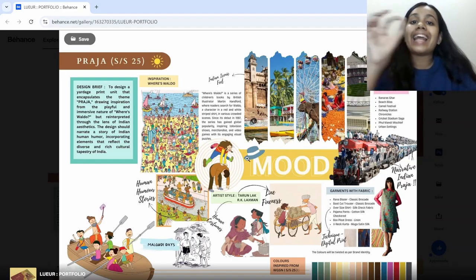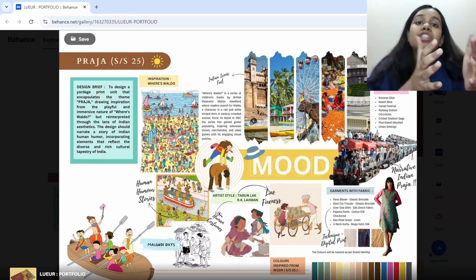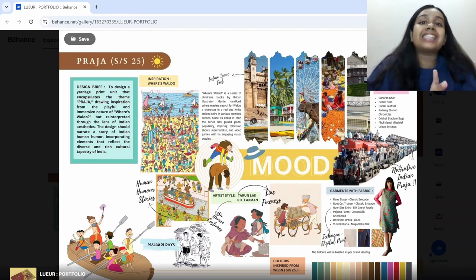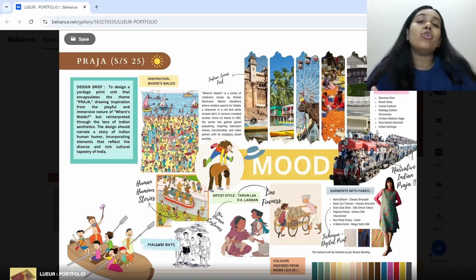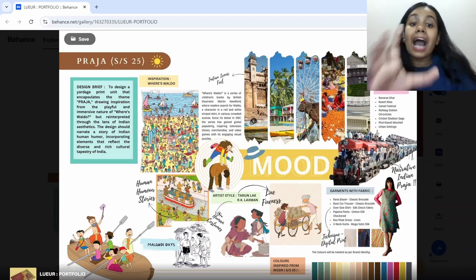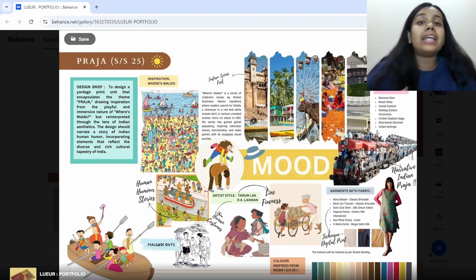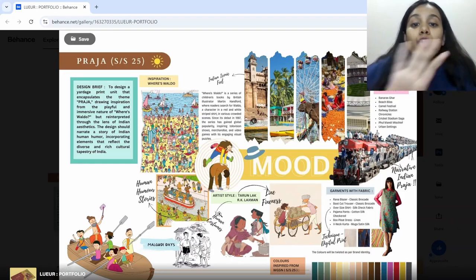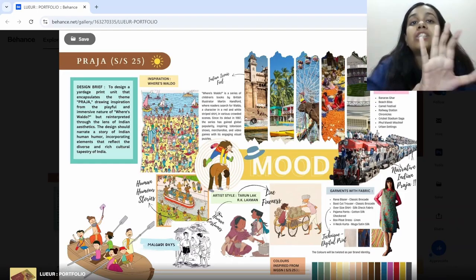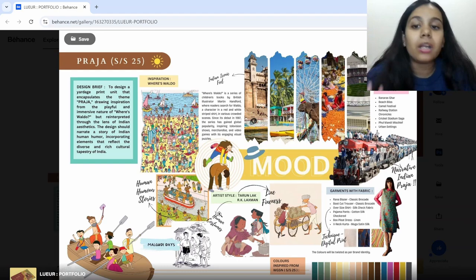Okay, the whole characters which I am going to make will be in illustration form. When I talk about illustration form, it will be in a more artistic form. You make each and every illustration more artistic by adding shading, or maybe you can take inspiration from Malgudi Days or RK Laxman. I have also put my color palette including this. So this is a complete brief mood board. If somebody looks at this mood board, they will get a very good idea of what the artist or the designer wants to show in their print.